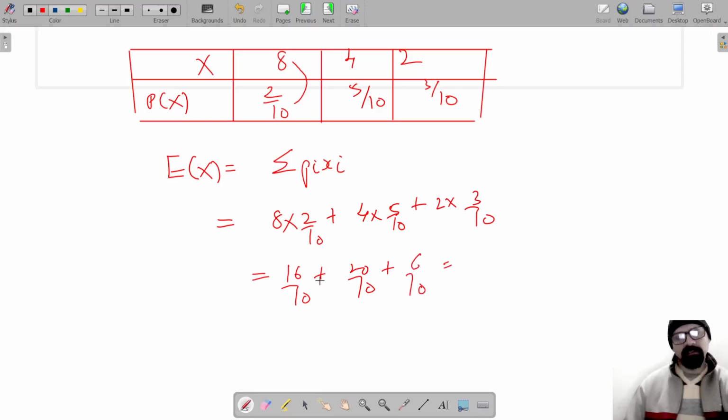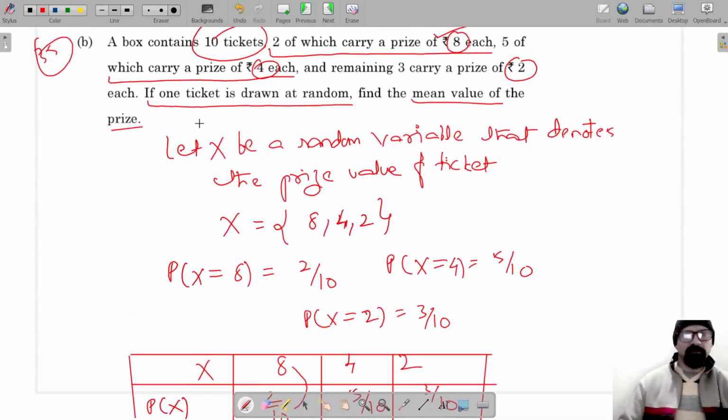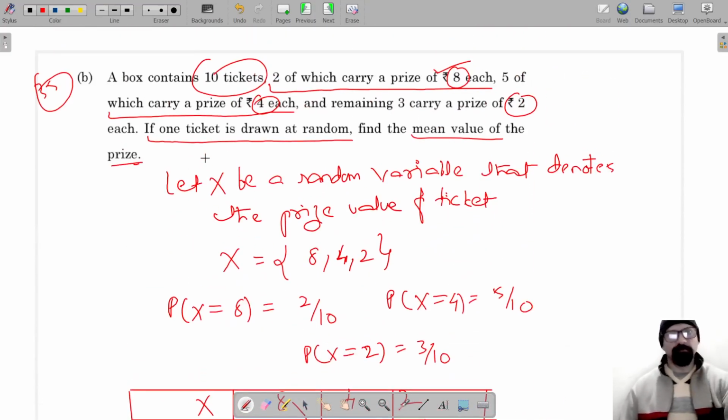plus 6/10। 16 plus 6 is 22 plus 20 is 42/10। तो 42/10 को हम लिख सकते हैं, I can write it as 4.2. So the mean of the price, जो mean value थी price की वो है 4.2।